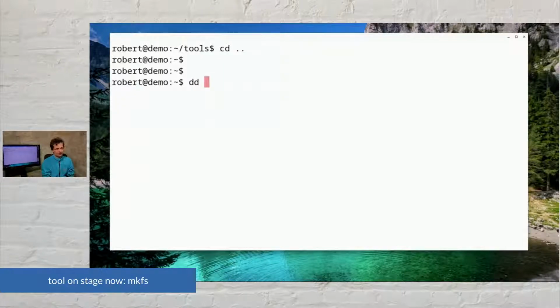For creating empty files, you can use the dd command. It stands for disk dump. Let's create a file, and this file should contain only zeros at first. So I take an input file, this is the first parameter for the dd command, and I take an input file /dev/zero and an output file, and the output file is named, let's choose a name, virtual